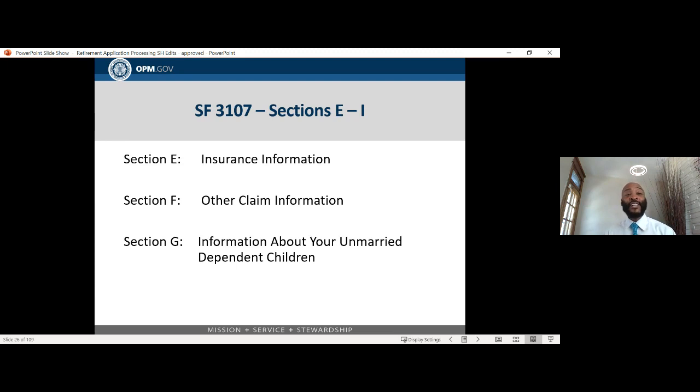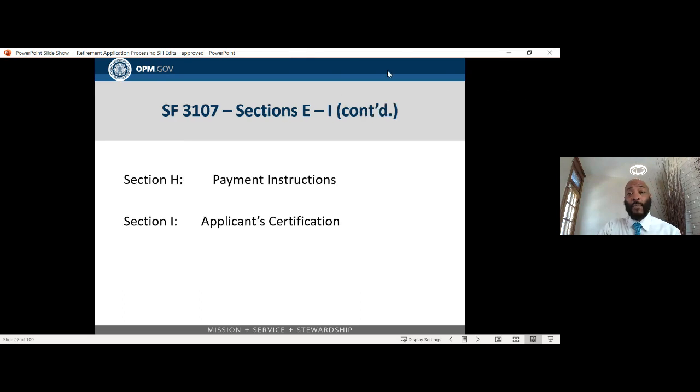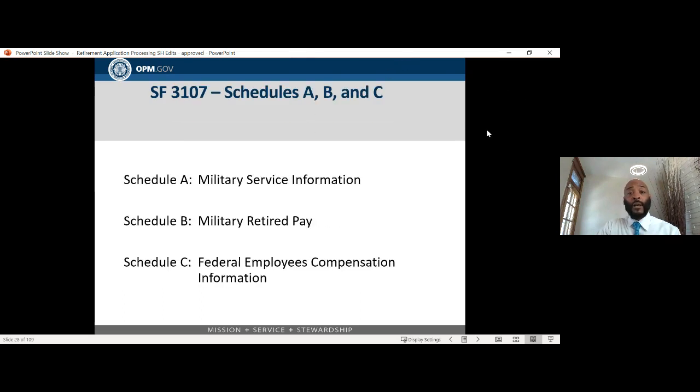Okay, and then Section H, the payment instructions. An employee has to sign up for direct deposit or receive a Direct Express debit MasterCard unless they live